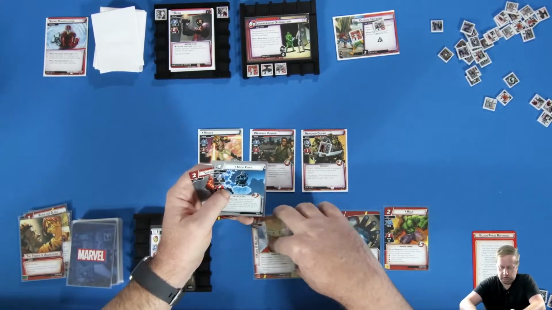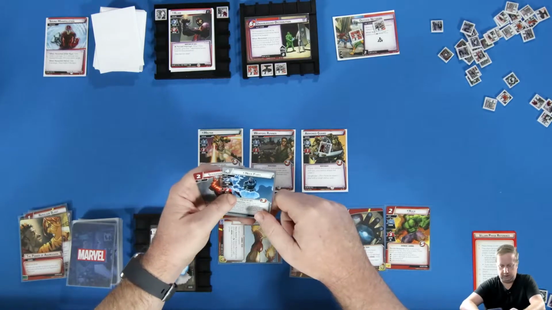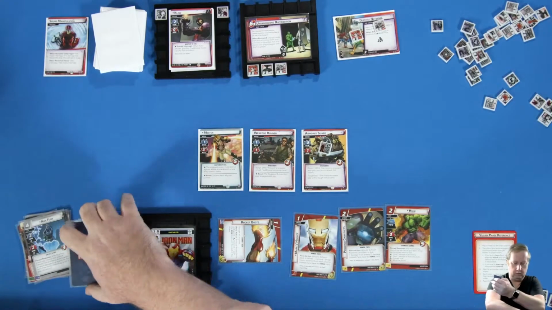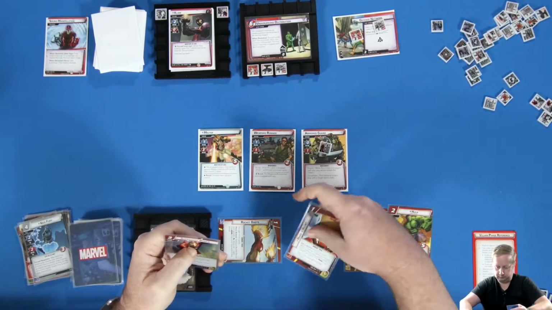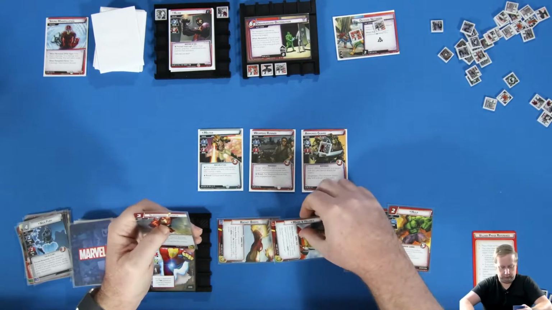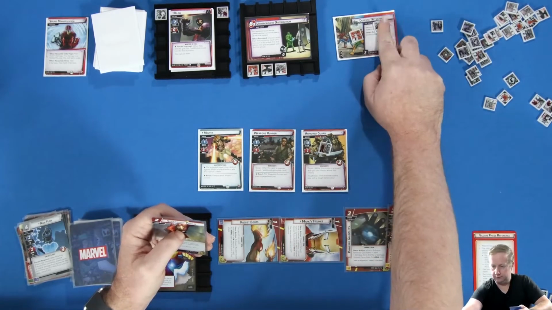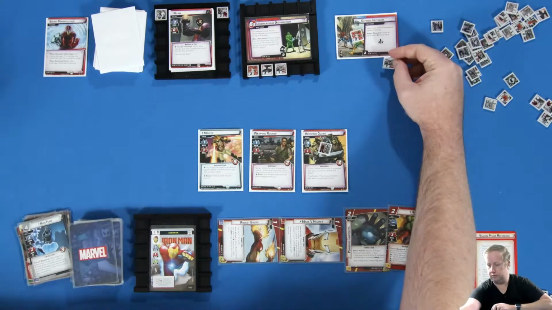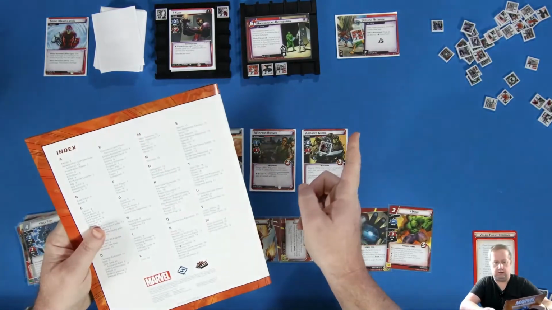Then I'm going to exhaust Rocket Boots and discard a mental resource to get the aerial trait. We'll use the helmet first. From each scheme, instead, if you have the aerial trait. So I get to take one off Defensive Network for sure. But that